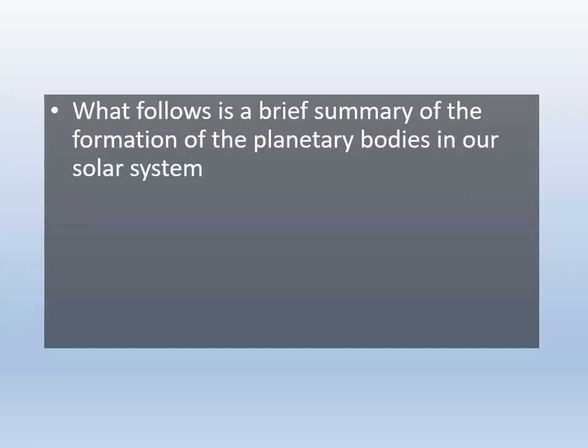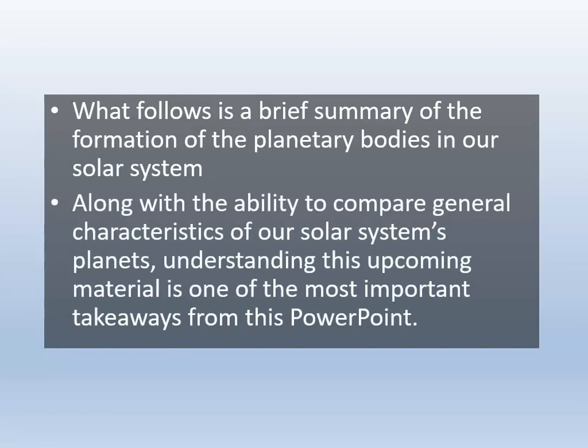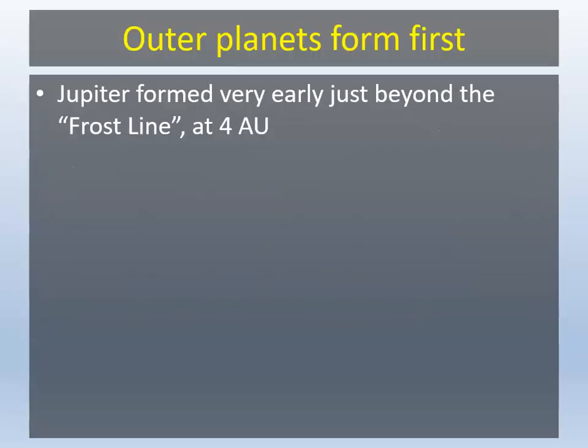So now let's get into a summary of the formation of the actual planetary bodies in our solar system, because this is one of the big important points in this entire discussion. How does our understanding of solar system formation agree with our knowledge of the planets themselves? So first of all, Jupiter. Why is Jupiter so big? Well, Jupiter formed first. The reason it formed first and the reason it became biggest is because Jupiter formed just beyond what we call the